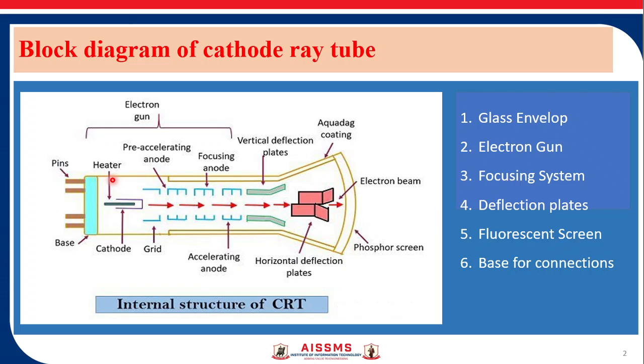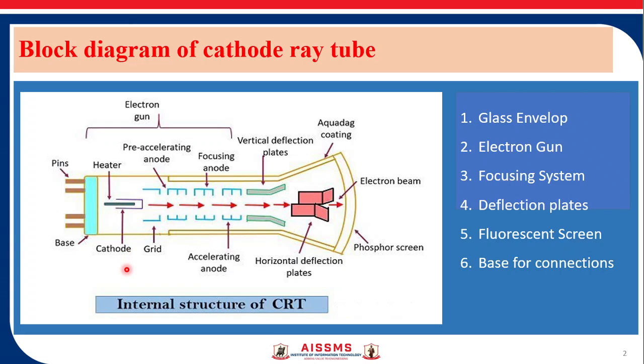First part is envelope or container, or you may call it as an outer shell. So this is your outer shell or envelope. This is made up of glass. For special purposes, this tube may be made up of metal or ceramic. Such a glass envelope is highly evacuated. It means vacuum is created, and this vacuum is necessary to prevent electrons produced in the CRT from colliding with atoms and molecules within the tube.